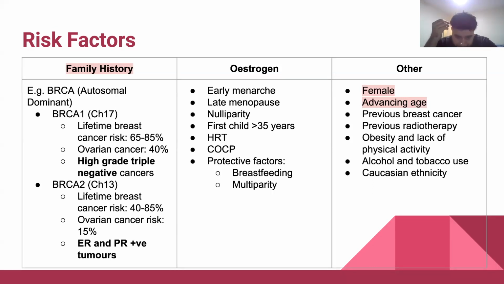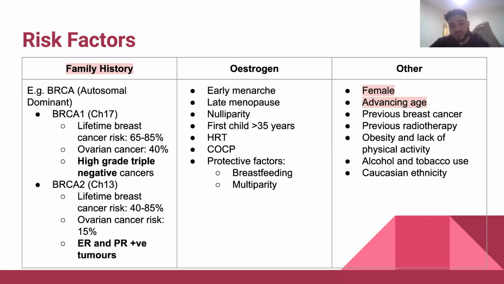In terms of BRCA2, this one is important to keep in mind because it actually runs a risk, I think, of increased ovarian cancer and I think a number of other cancers as well. Don't quote me on it, but for some reason, part of me wants to say pancreatic cancer is also associated with BRCA2. You guys can validate that in your own time. But the BRCA2 gene mutation also runs the risk of estrogen receptor and progesterone receptor positive tumors. So BRCA1 is high-grade triple-negative cancers, whereas BRCA2 is more likely to be an estrogen receptor, progesterone receptor positive tumor.